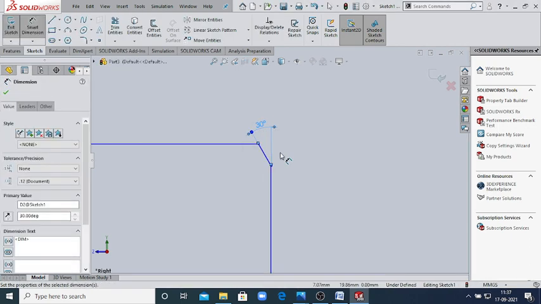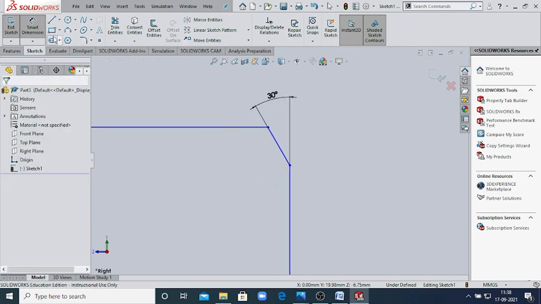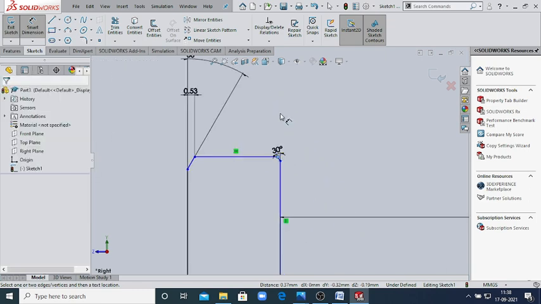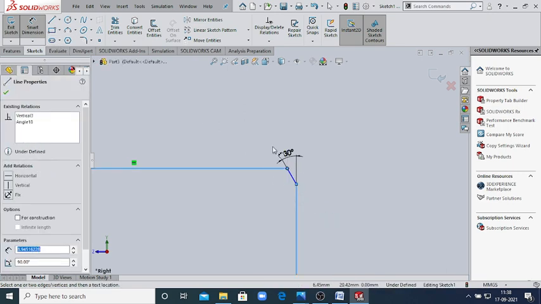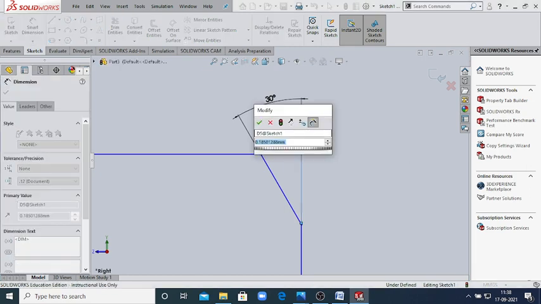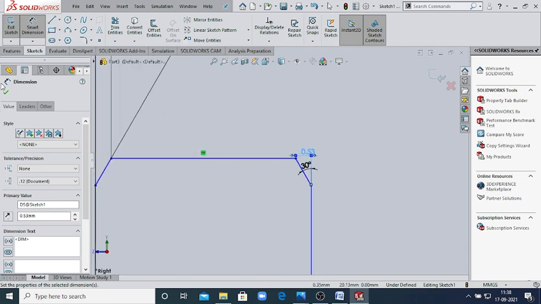And the distance from this point to this point is 0.53. .53 is the distance. Then OK.